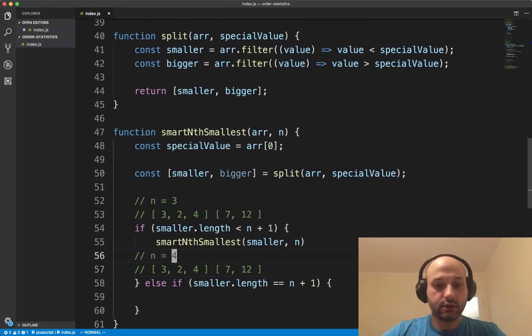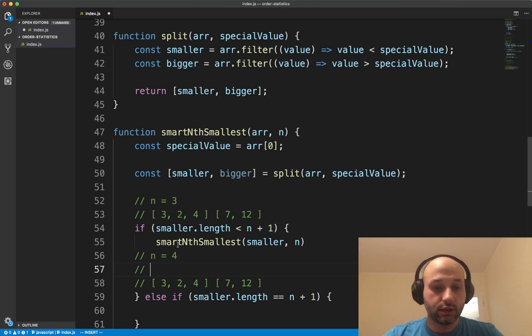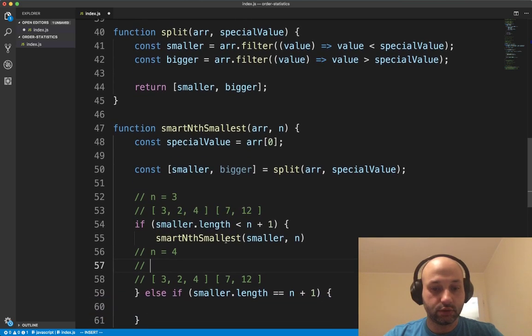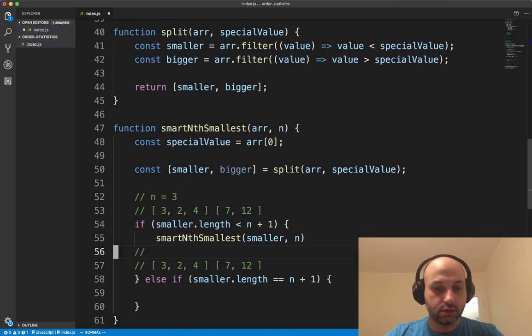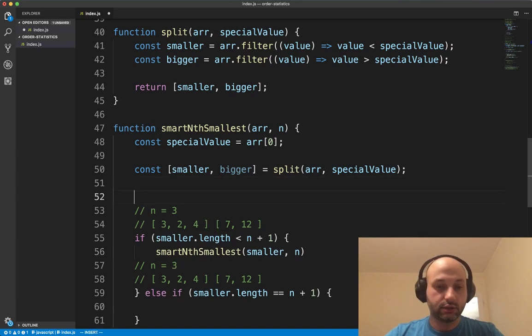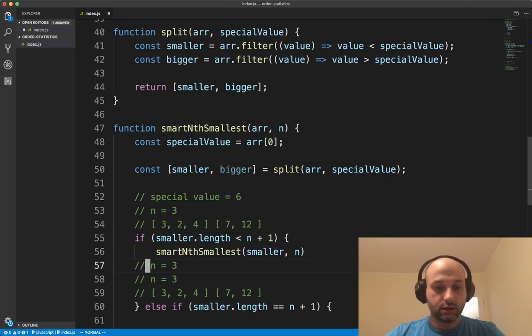a special value, another special value, if the special value was actually, well, we need to do it another way. Let's do it like this. We don't change the n, we just change the special value that we took. Is 6, and in this